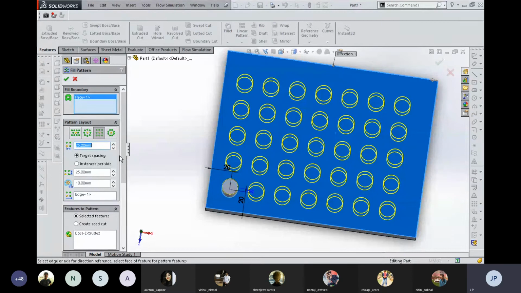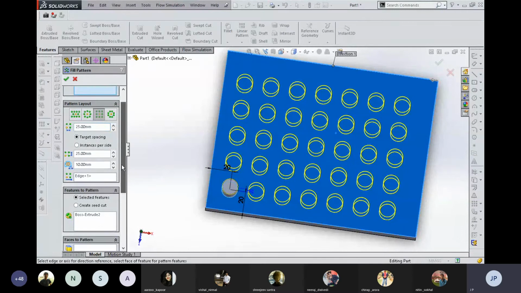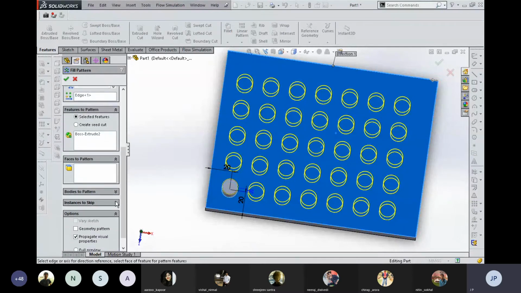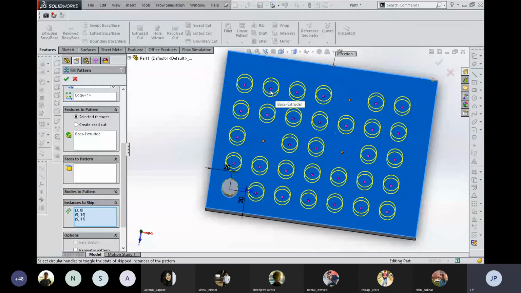The other thing is that you can modify these values as per your need. Okay, also the most important thing is that sometimes we need to skip few components. So as the other tool, we can skip few copies which we do not require as per user need. So values are saved over here.